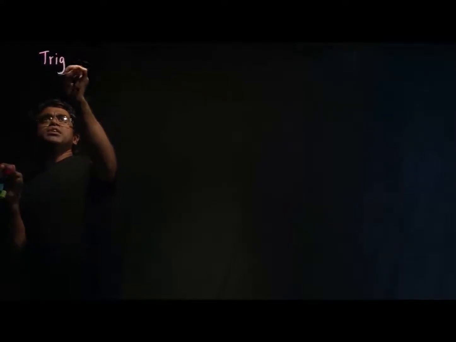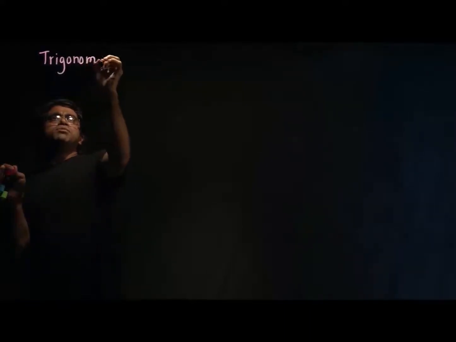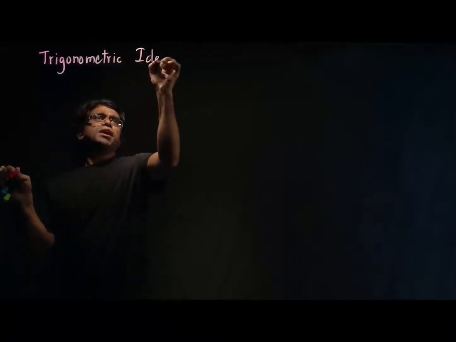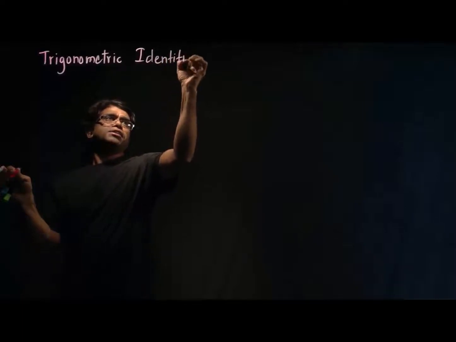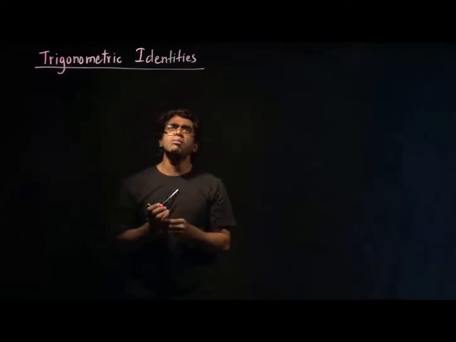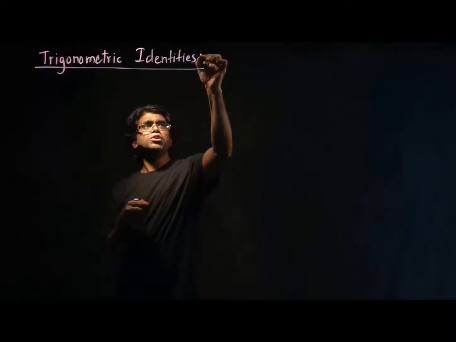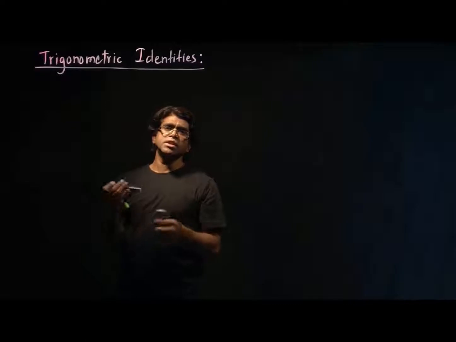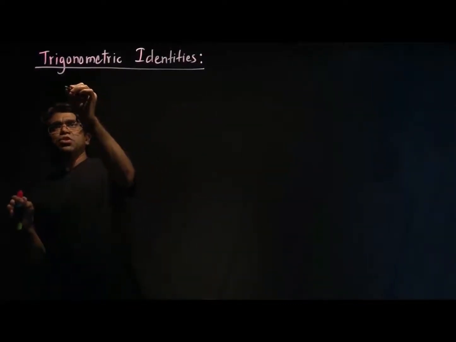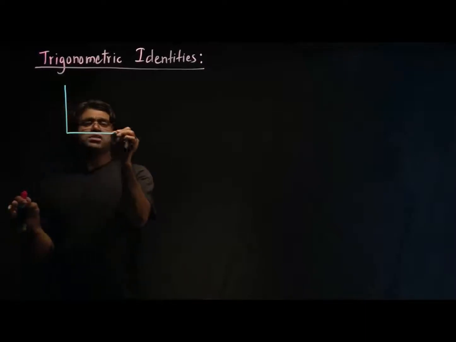In this video, we are going to talk about trigonometric identities. So let's talk about trigonometric identities. In order to talk about trigonometric identities, I'm going to consider a right triangle. So let's consider a right triangle. So this is my right triangle